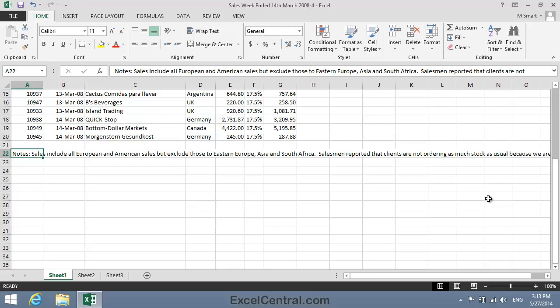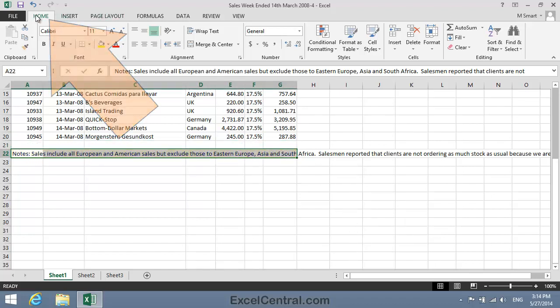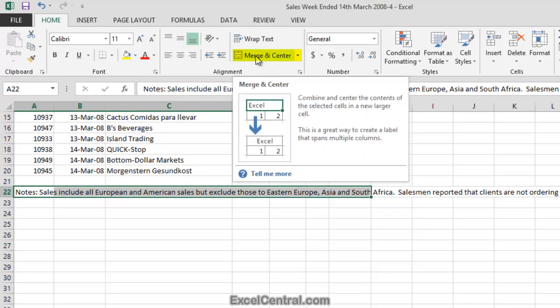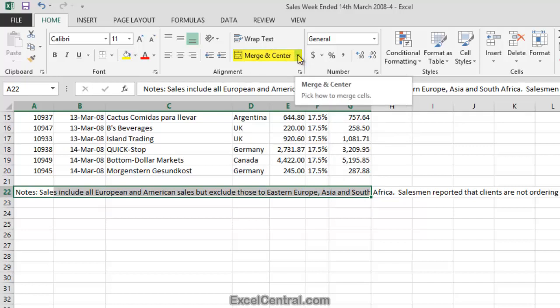I'd like to be able to read all of the text at the bottom of the worksheet, without having to scroll and without having to expand and collapse the formula bar. I think it would be a good idea to merge cells A22 to G22, and then make row 22 a lot deeper. I should then be able to read all of the text. So I'll select cells A22 to G22, and then click Home on the ribbon, and in the Alignment group, notice that the Merge and Center button is actually a split button, with Merge and Center at the left and a drop-down arrow at the right.